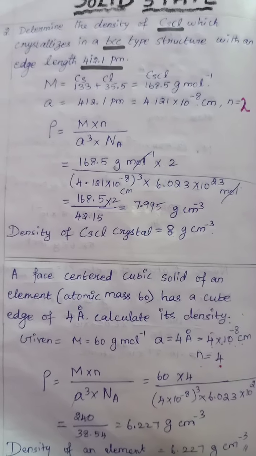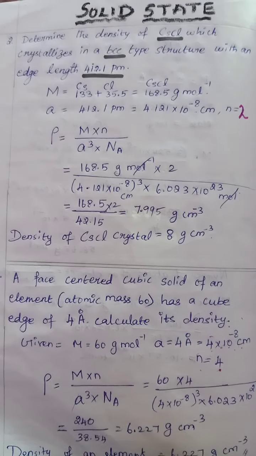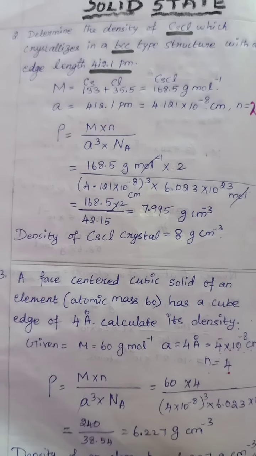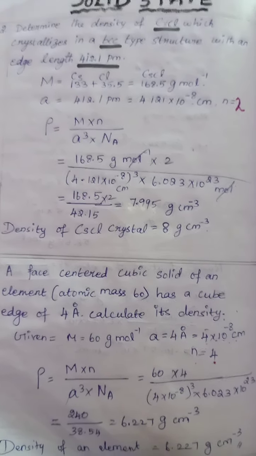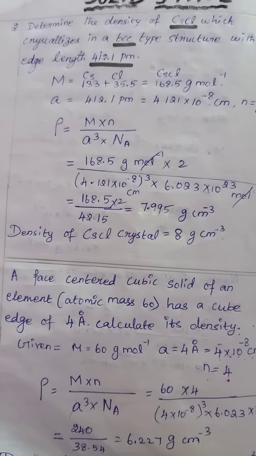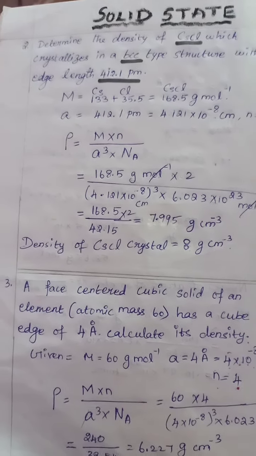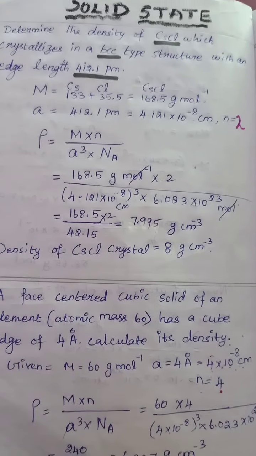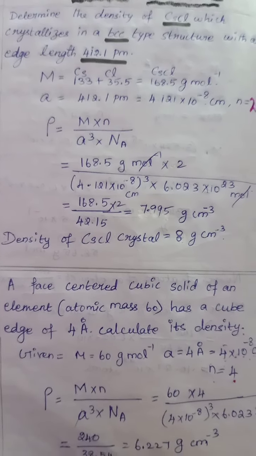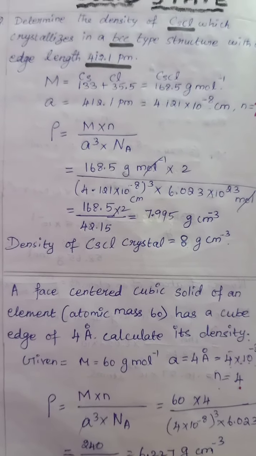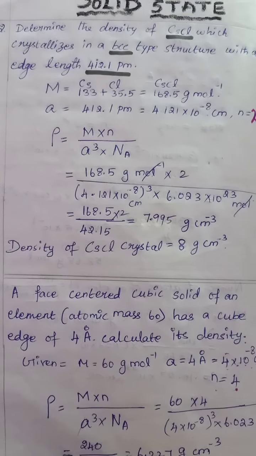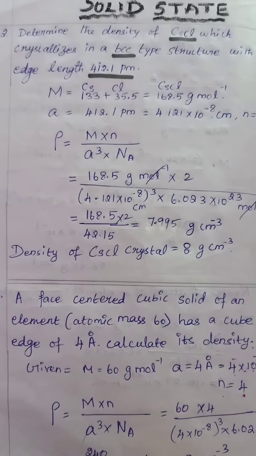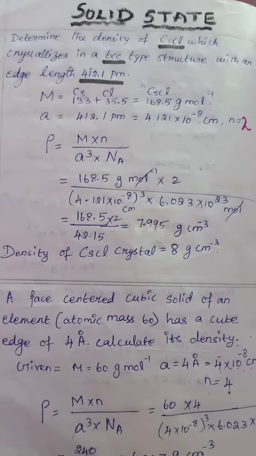I already sent one video for the solid state problems. Calculate density for the crystals. Today I continue the problems from the solid state book, back and inside problems. See how you will calculate density for the different types of crystals: cesium, BCC, SCC, then FCC, all the crystals. I will discuss how to calculate density using the different formulas and calculation methods.